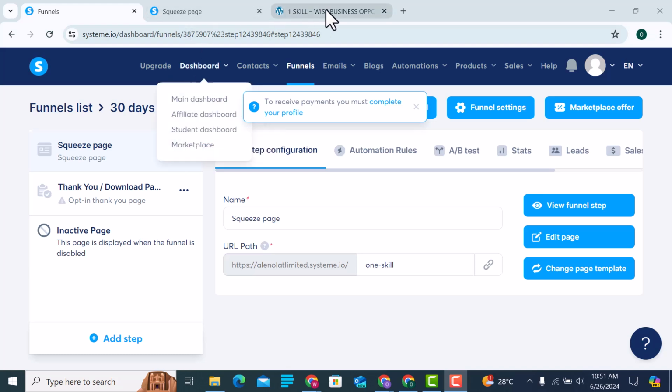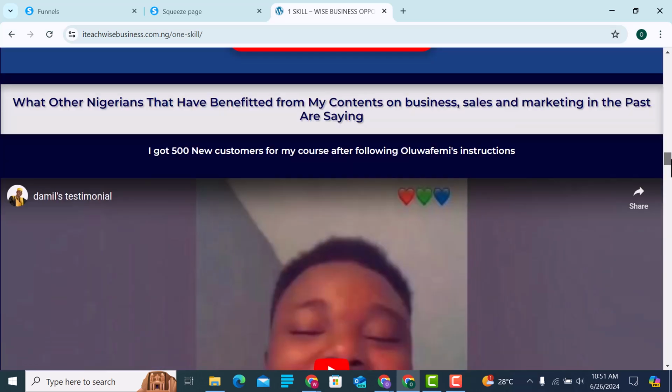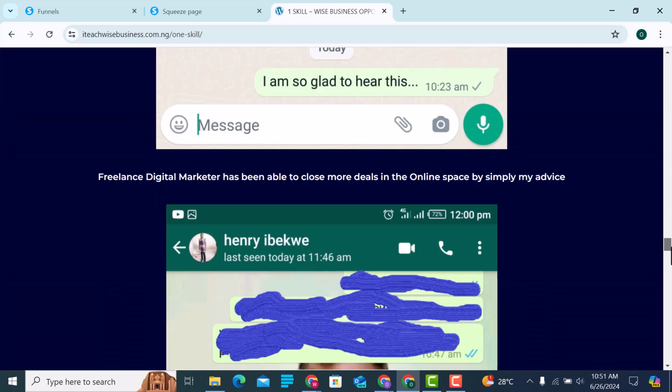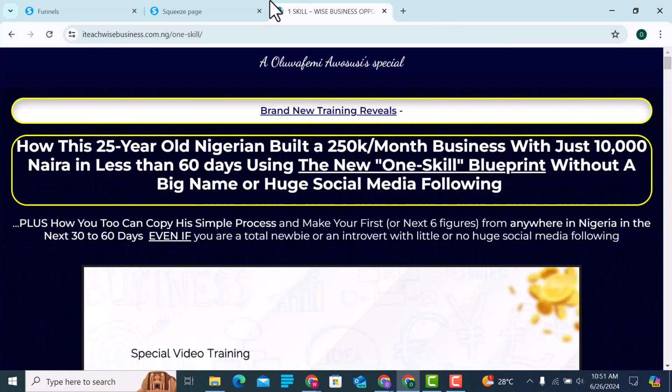For example, the funnel is supposed to have all these things: who is behind it, who is this, who is that, these testimonials. I'll make the link available for those of you that want to build it from scratch. I'll make the pictures available for you, so you can come to this one and design something that looks like it. It's not something hard, something you can all pull off.